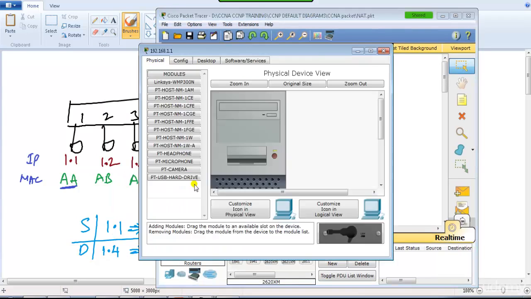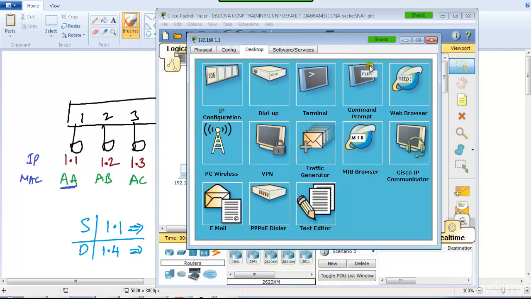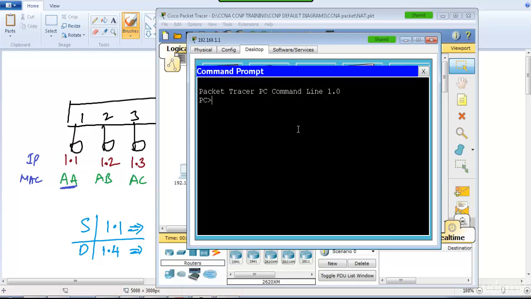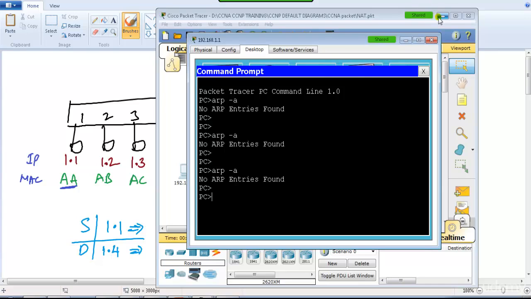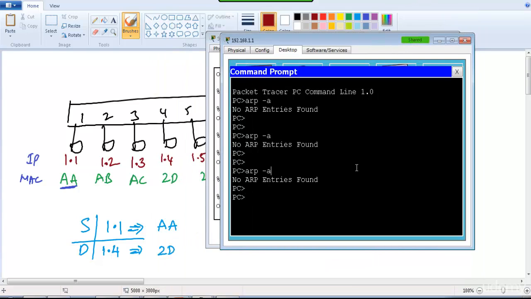I'll go to one of the PC command lines, and to verify the ARP table, we can use a command called arp -a inside your command prompt. Right now you can see I don't have any entries. So I'm going to generate a ping request to 192.168.1.4, and then